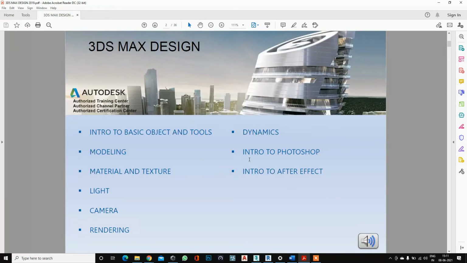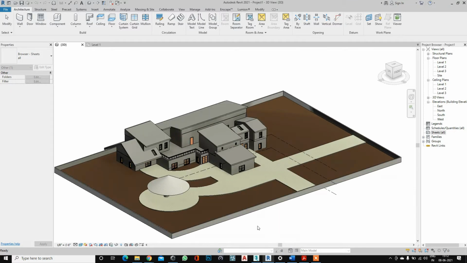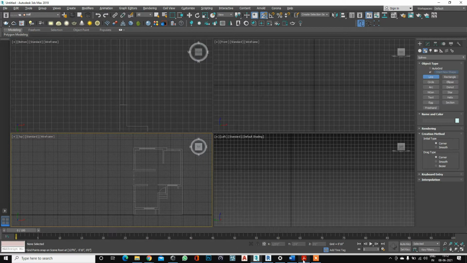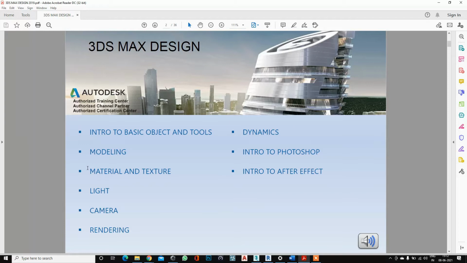So this is 3ds Max. In 3ds Max, basically these are the things we have to learn: first, basic objects and tools, modeling, material. Now I told you before about material. In Revit we also give some material. For example, here also we can give some material. But in 3ds Max we can give realistic material.